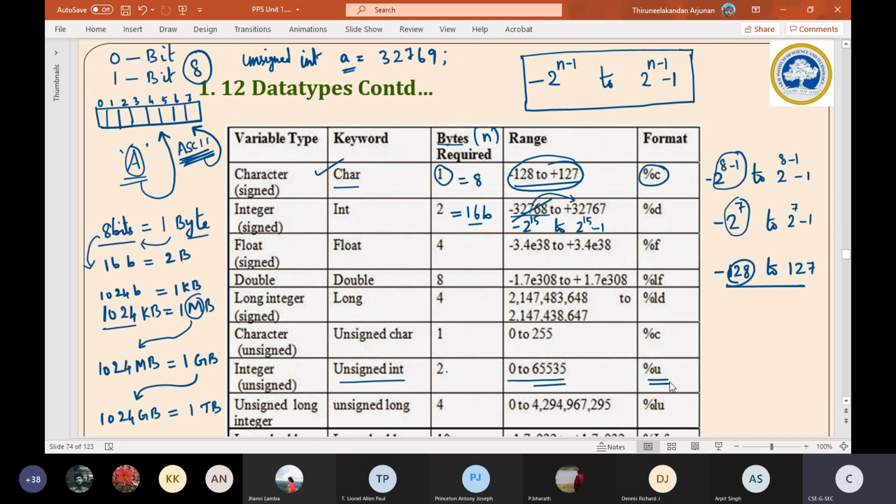In case you write %d here, our compiler will not get that angry with us. If you specify %u, it will feel happy and very happily execute and show the output. If you specify %d, it will not feel happy, but inside it will scold you: you are not a smart student, you do not know that I am an unsigned integer, but you are calling %d. Like that it will scold inside its heart, and then it will just print the output. It will not throw an error at all. Getting this point, students? Is it clear, students?